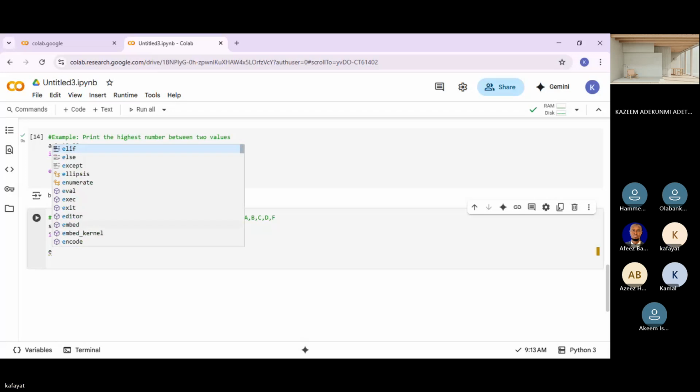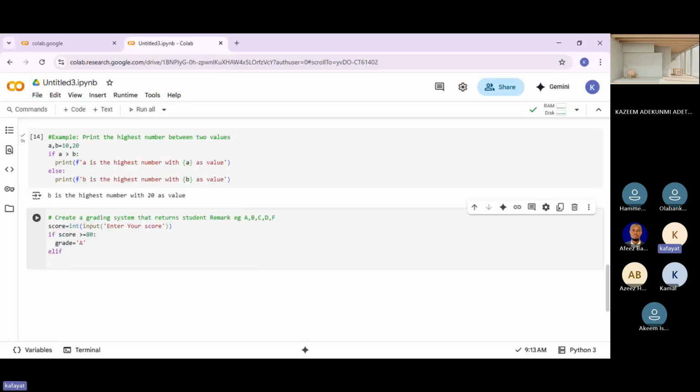Elif, this is an else if statement. Then elif score is greater than or equals to 80 is A. One is greater than or equals to 70, let's say it's B. My grade is what?